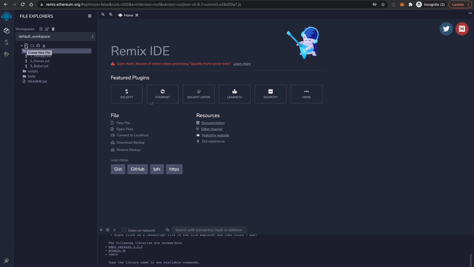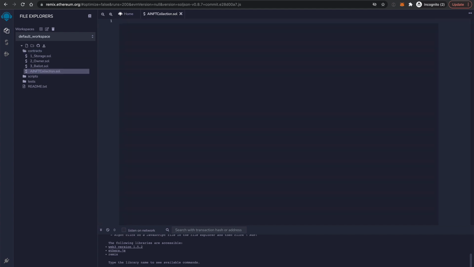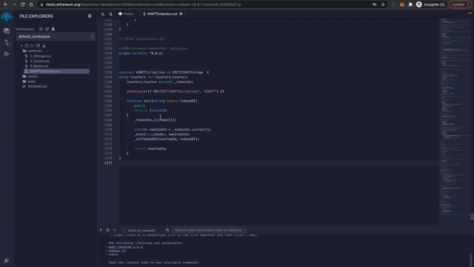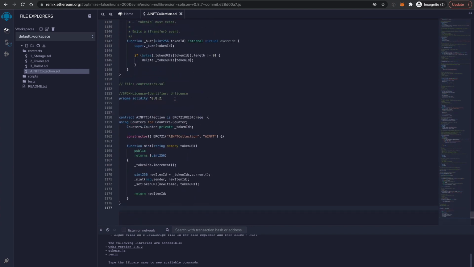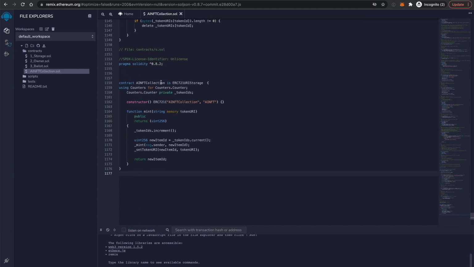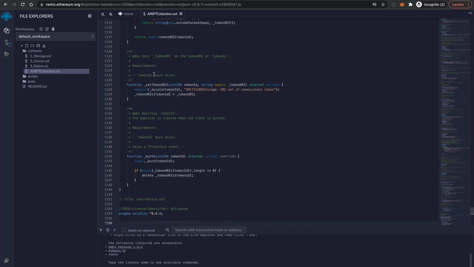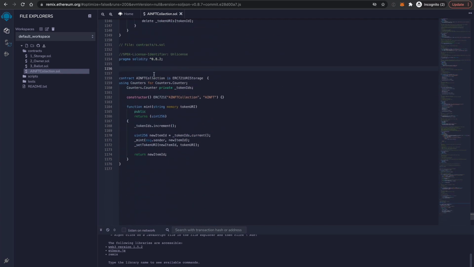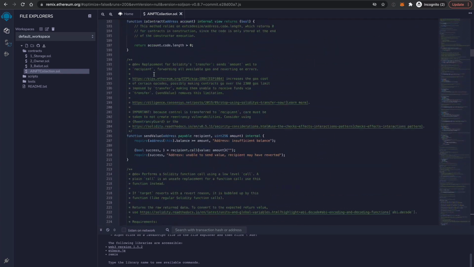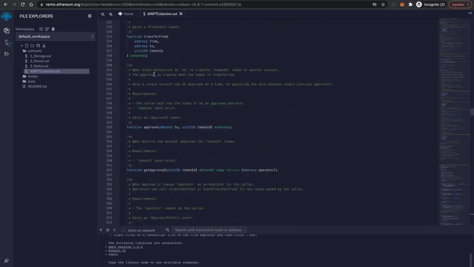We're going to create a new file right here and call it AI NFT collection.sol, and paste all this stuff in here. This is going to give us an ERC721 token, which is the standard we use for creating NFT smart contracts. We just inherit from another ERC721 contract, and that's what all this stuff up here is. So don't even worry about all this code. You don't really need to understand it